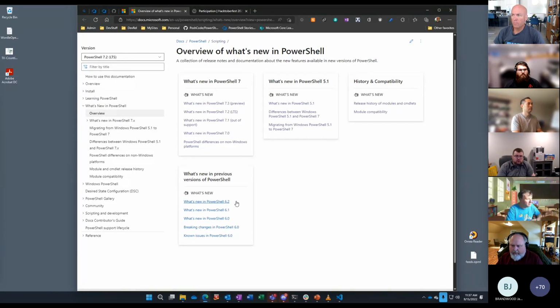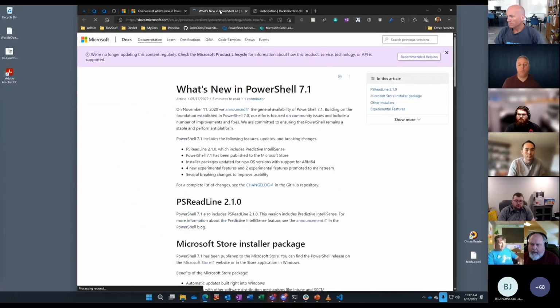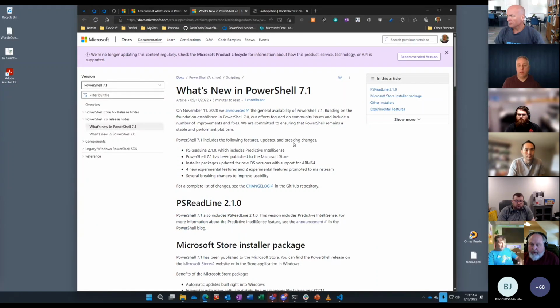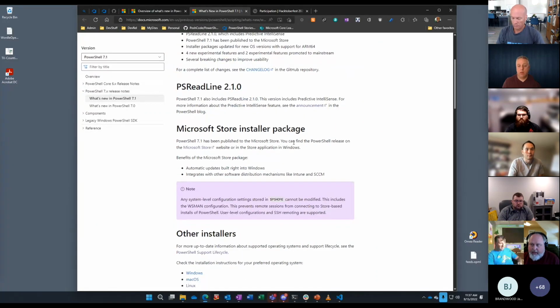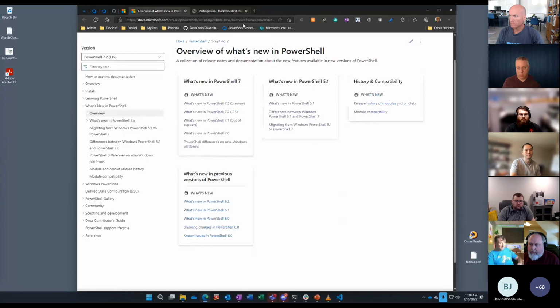So we no longer, as you know, support PowerShell version 6, and PowerShell 7.1 is out of support as well, but the release notes are still available for historical purposes, so you can see what changed when. So that's a handy little page.